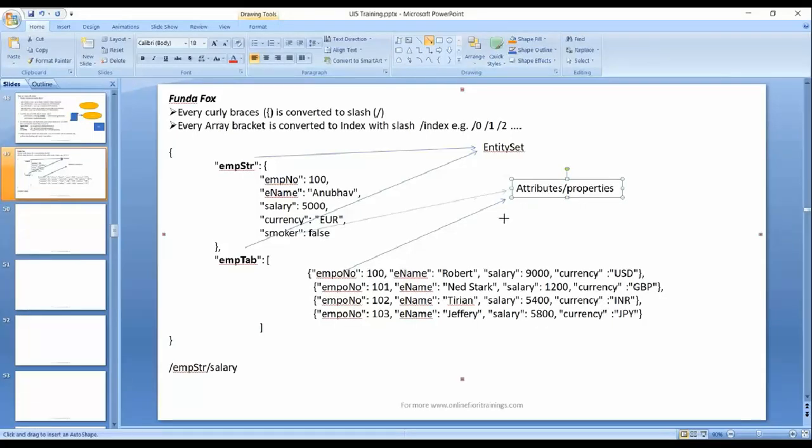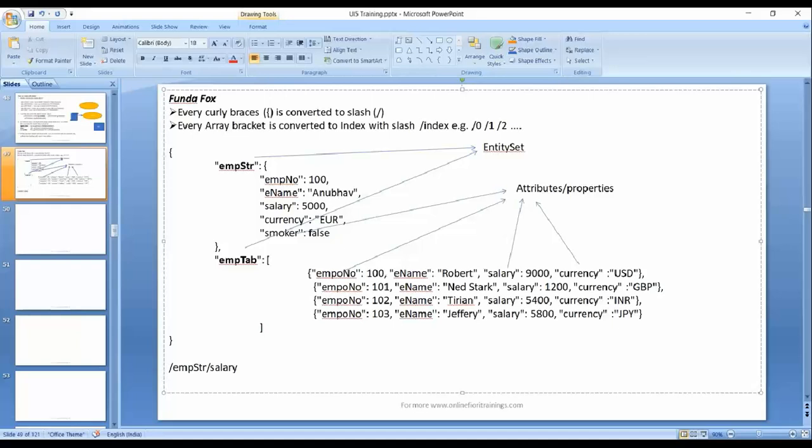So all these things are attributes or properties. Look, smoker, this is an attribute. Salary, it's an attribute, it's a property. So all these things which you see, the currency, everything inside this is individual attributes. They're all attributes or properties. Entity set properties. Now who will tell me the salary for